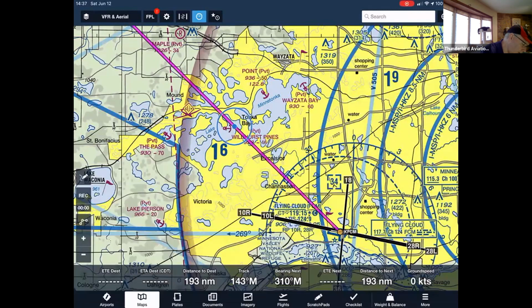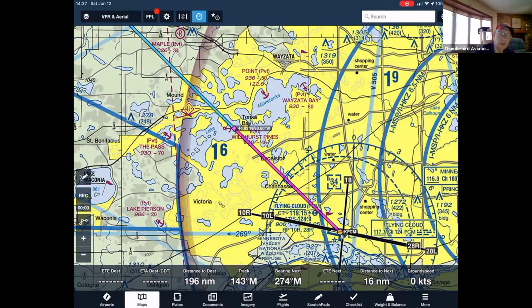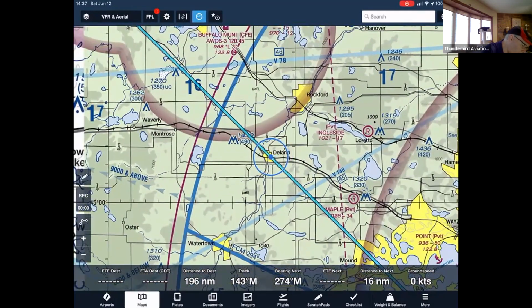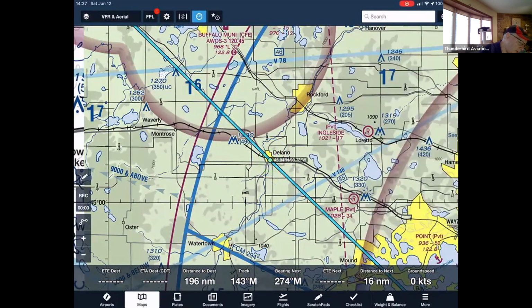Let's go back again, tap, put the circle, and if you just want to use it for one time only, just tap on the latitude and longitude, and the little diamond appears, says there's your first checkpoint. So then you're going to fly along a little bit farther. You're going to use the town of Delano for your next checkpoint. So you tap, get the circle, make sure it's right exactly where you want it to be, then tap